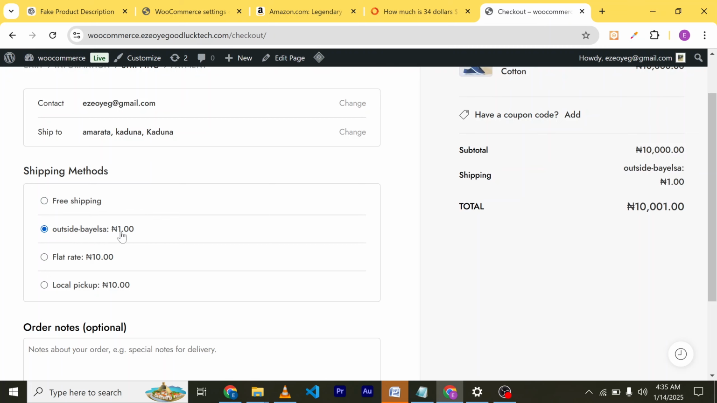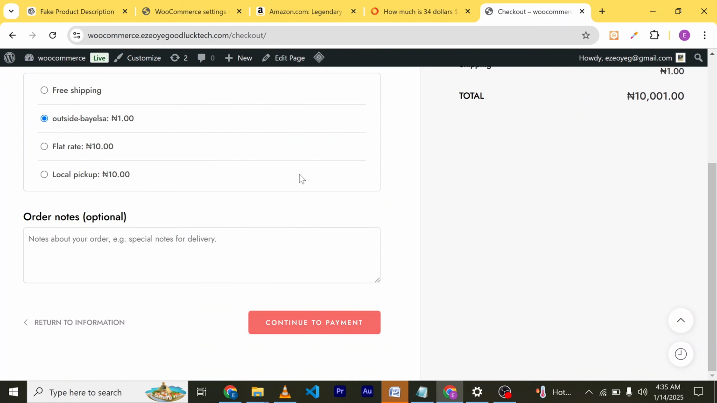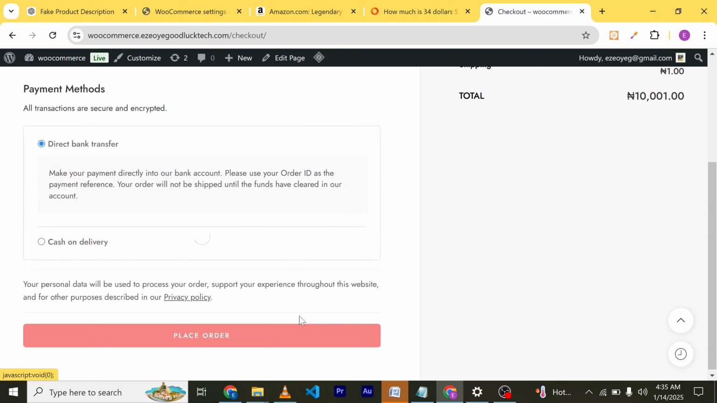to this location, and we have flat rate and we have local shipping. So these are all the shipping methods we have added. You can actually go for that to customize this, where free shipping will be available within a certain region, and stuff like that. All right, so after that you can just click on continue to payment, and where you can